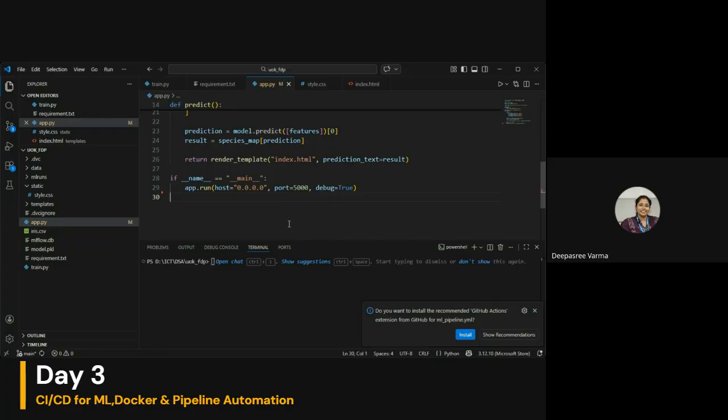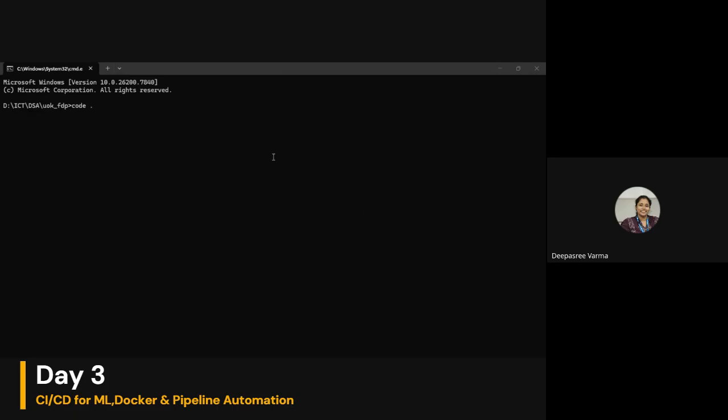Now let's go back to the command prompt. And here I am going to create a Dockerfile. The Dockerfile is created in this location, so I'll take the location where my folder is.